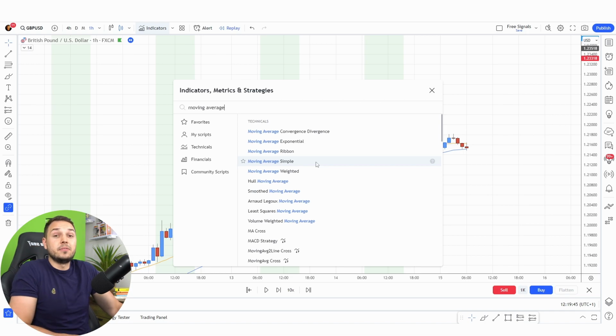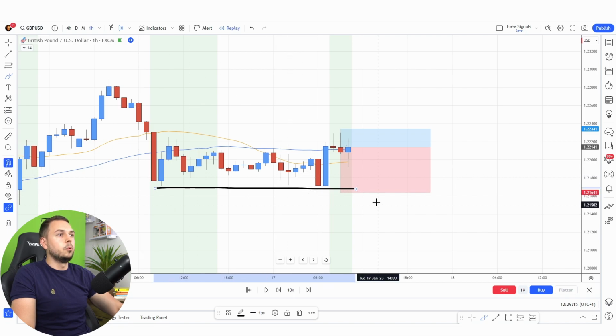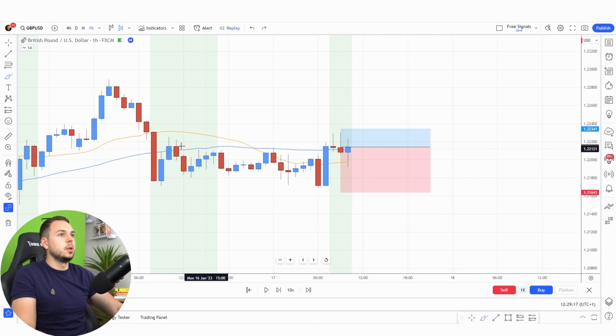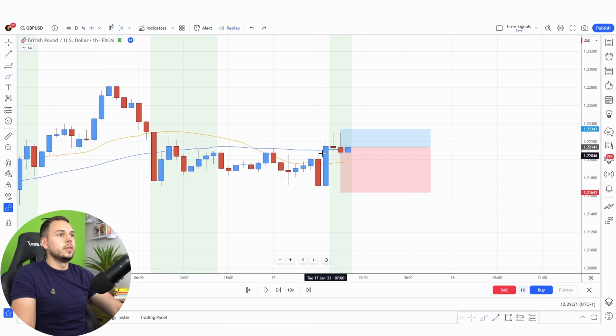Okay, so for this method, we need GBP USD 1 hour time frame, and we need 2 moving averages, which is 20 and 50. Okay, so we have everything set up. We have a kind of an area of support just over here, stop loss just below it. A previous area of resistance, I would say it's a nice little consolidation, but it's above the 20 and 50 moving averages, and a nice bullish engulfing candlestick does confirm a trade that it should continue moving towards the upside,